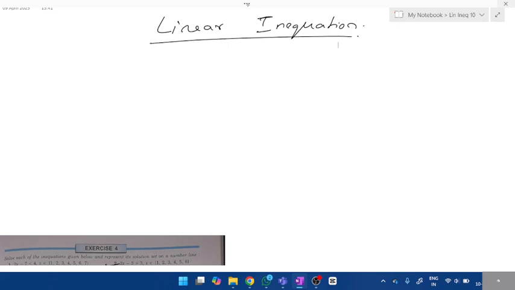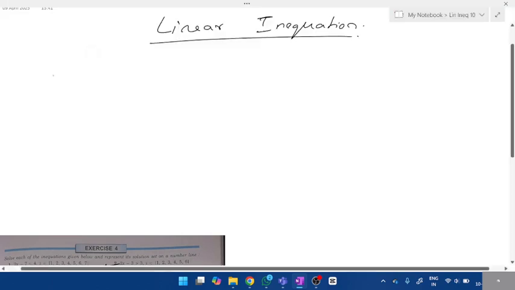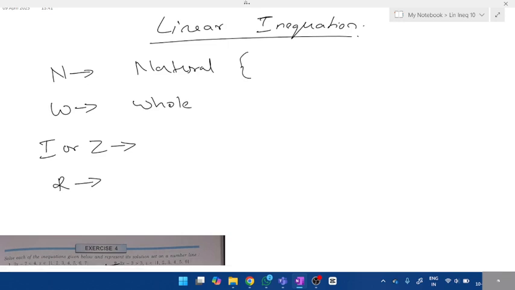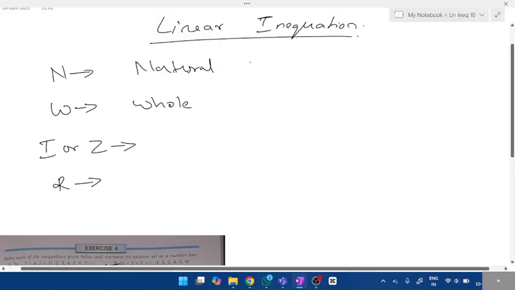Next, we have types of numbers. N stands for what type of number? Natural number. N stands for natural number. W stands for whole. What about natural numbers? What are the values? From 1. Whole number, natural number, both are positive numbers, and natural will start from 1, 2, 3,